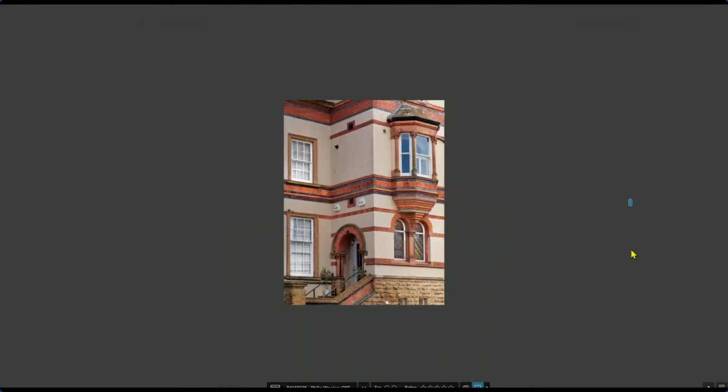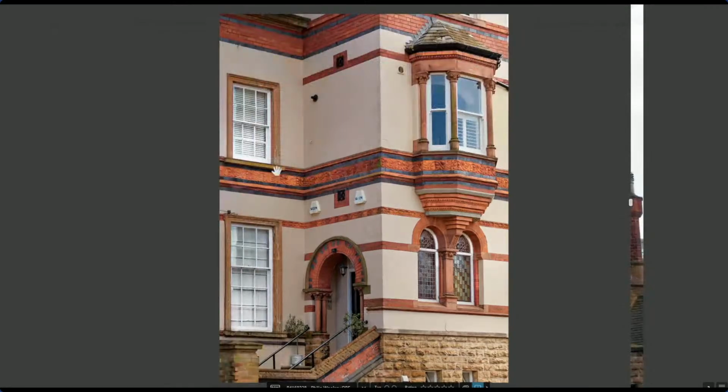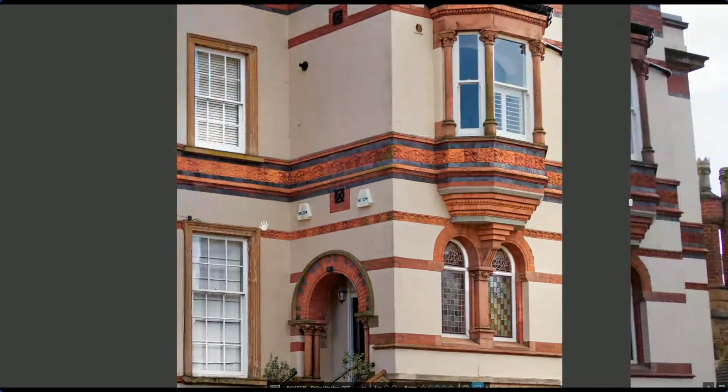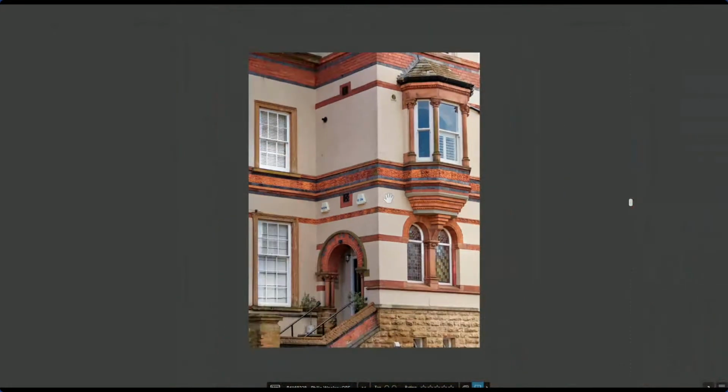when we can just focus in on the details, because now you can see, if I zoom in, you can see all of the patterns here in the brickwork and the cinder blocks, the lines. I mean, there's a lot of detail in this image, so it's okay to crop in when there's a lot of detail. Well, it's okay to crop in anytime, really, but there was a lot of detail